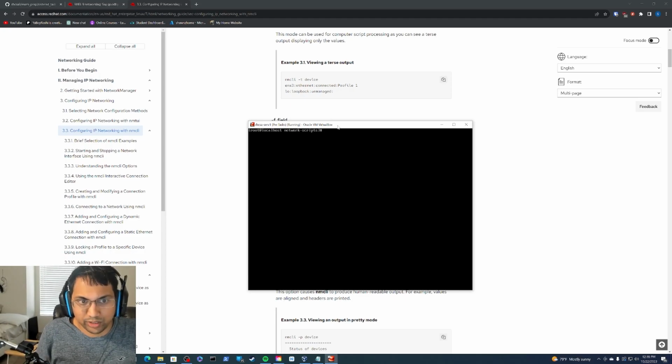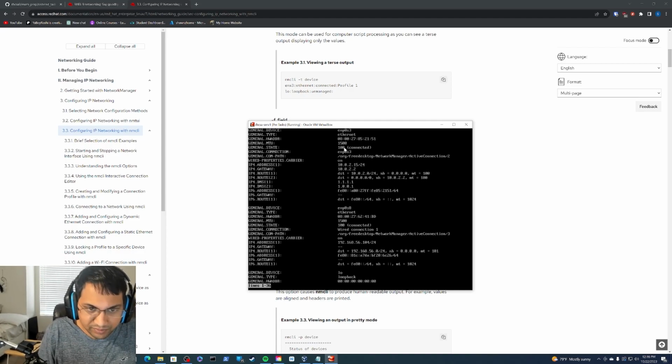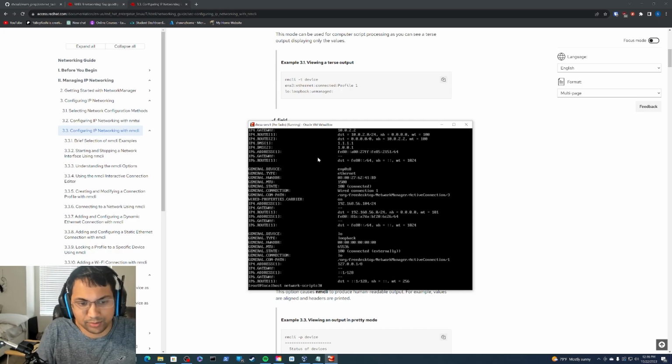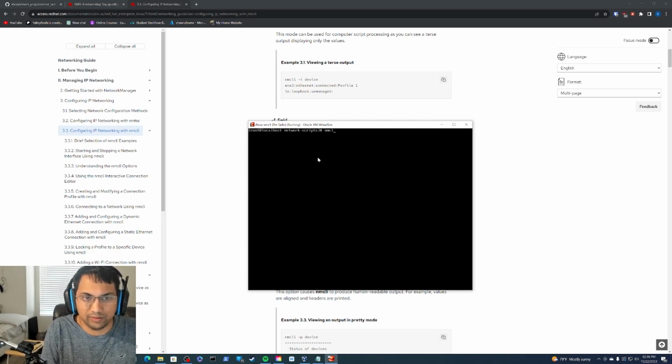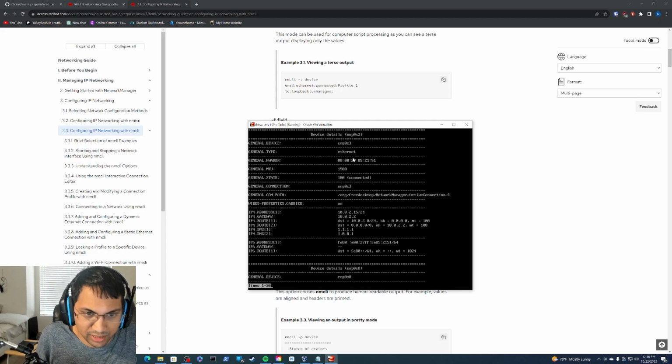So now we want to take a look at more detailed information, and one way we can do that is by using the dev show command. This will bring a breakdown of your interfaces and give you more detailed interface information, but it is a little bit difficult to parse through for at least the regular person. So we'll use the -p, which is the pretty flag, to make it a little bit easier to digest,